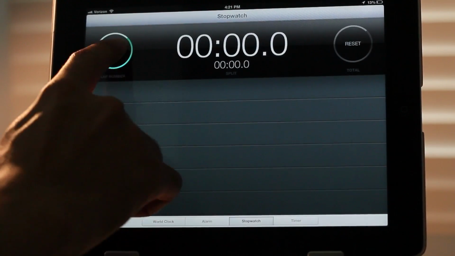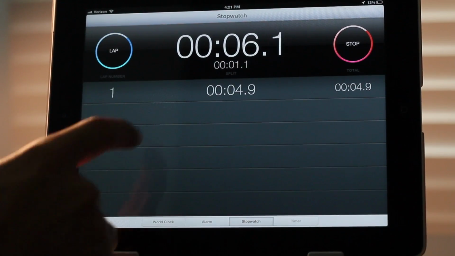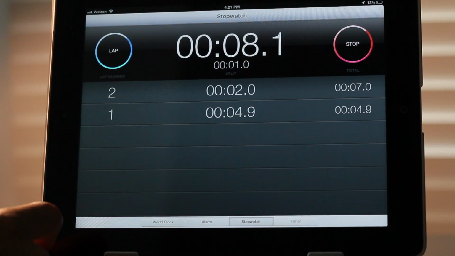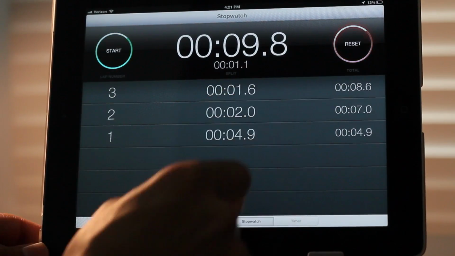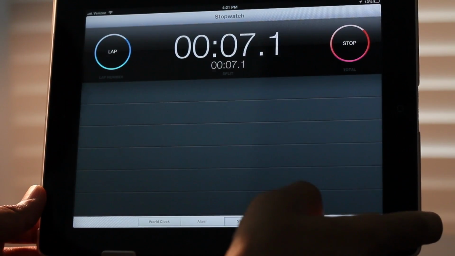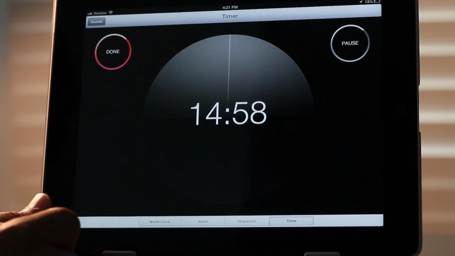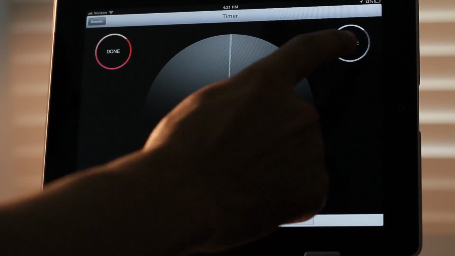When you look at the rest of the app, this one really fits in well with the whole package. You have 2 main buttons, the start/lap button and then the stop/reset. Of course, hitting start or lap will create new laps or start the timer. Hitting reset or stop will stop and reset respectively. Very beautiful portion. Now, just like the stopwatch, the timer looks very similar with the 2 main buttons there,